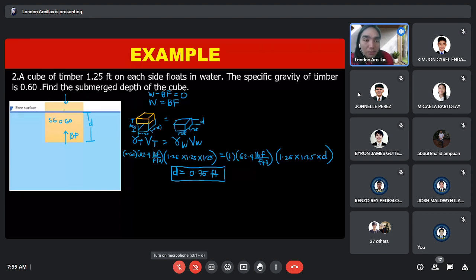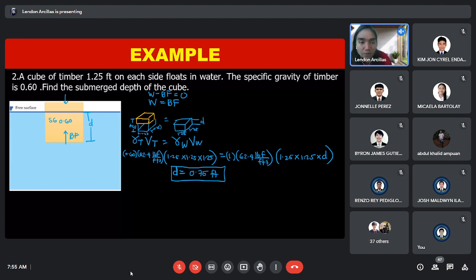So yun yung total volume ng volume not exposed and then the volume displaced. This one. And yung buoyant force is the volume at weight na yung na-displace dito. So, specific weight ng timber, which is 0.6 times the specific weight of water in English unit times the volume, total volume, that is, since this is square, 1.25 times 1.25 times 1.25 equal to the,